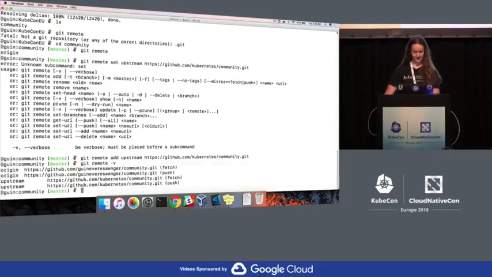Git remote -v. Okay, very cool. So now I have my origin and my upstream. This is going to be important for the workflow. And again, before I look at any code,